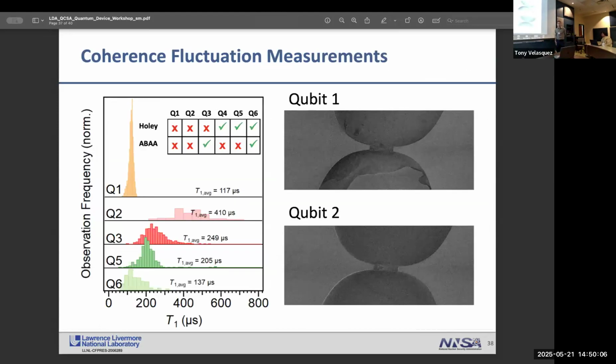And we've shown that we can make quite good qubits. This region here is the tantalum. It's totally not clear, I'm sorry, but this is looking at the junctions, and this region is tantalum, and this is the Josephson junction, and the chip with 6 different qubits, some of which have ground plane perforation, some of which have been treated with this ABAA process. In this particular example, we didn't really see a distinct effect from either of these, and this is a general problem with